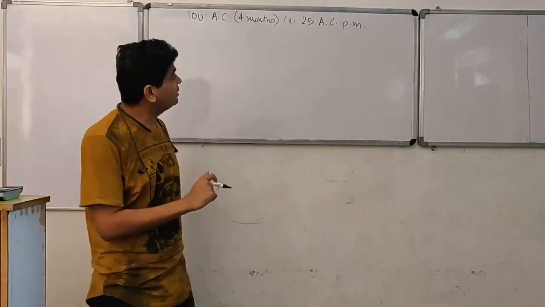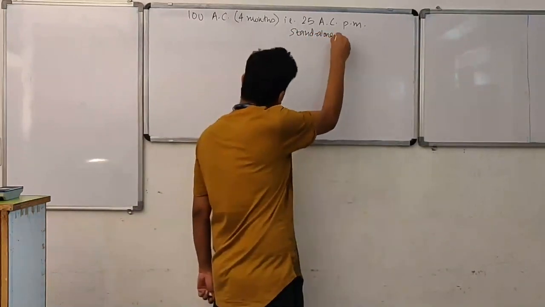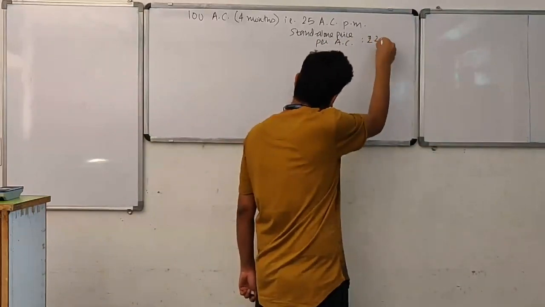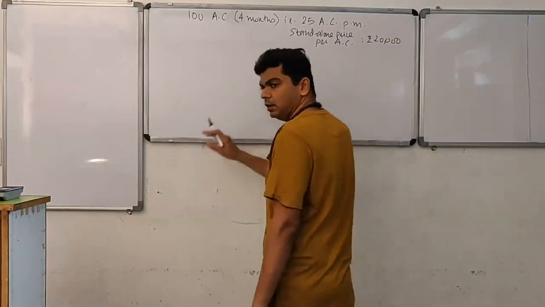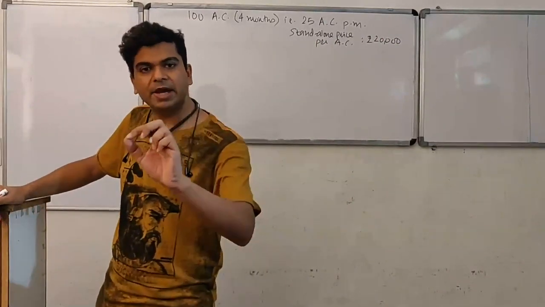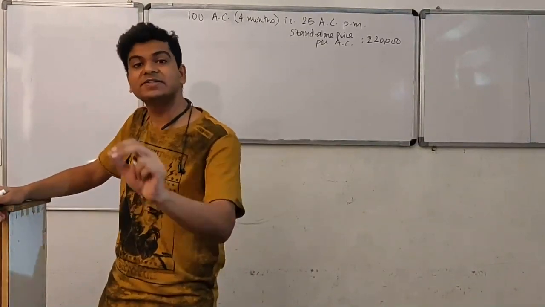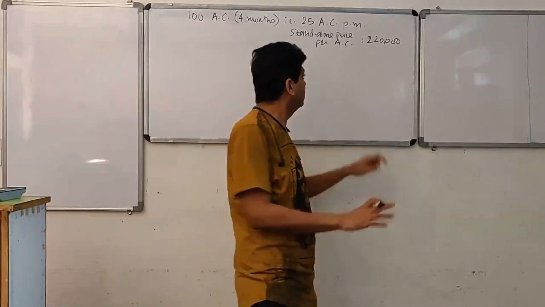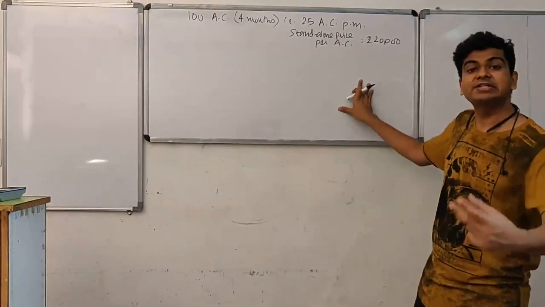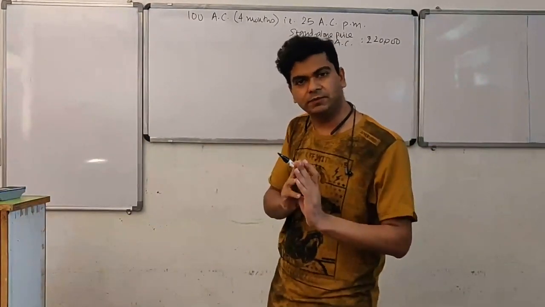Now, the day when we are signing this contract, at that time the stand-alone price per air conditioner is, let us say, 20,000. Stand-alone price is nothing but the then existing selling price. So today I am getting an order for 100 air conditioners. Today I am selling an air conditioner to a separate customer at 20,000. So 20,000 will become the stand-alone price. And as we have understood, in batches of 25 air conditioners, we will be supplying it to our customer.